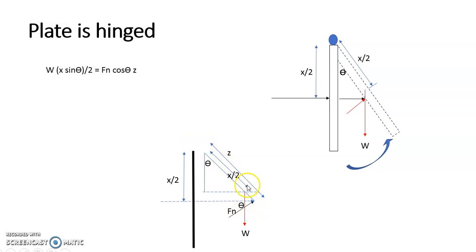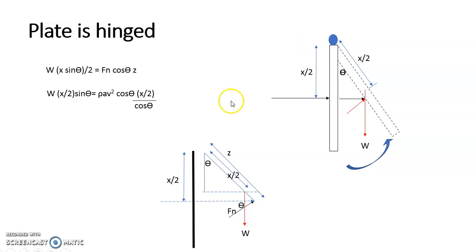Fn into this linear distance. Fn into the distance is Fn cos theta. Fn cos theta is this force. We resolve this, it becomes Fn cos theta, into Z. So W into x by 2 sine theta equals Fn, which is rho a v square, into cos theta